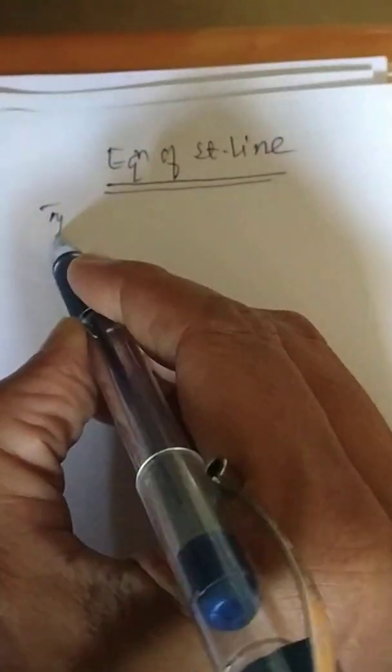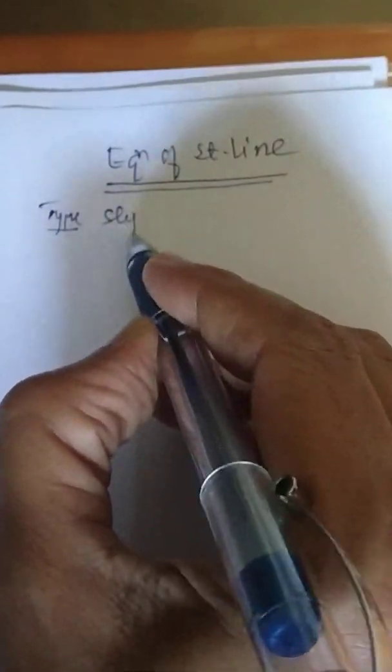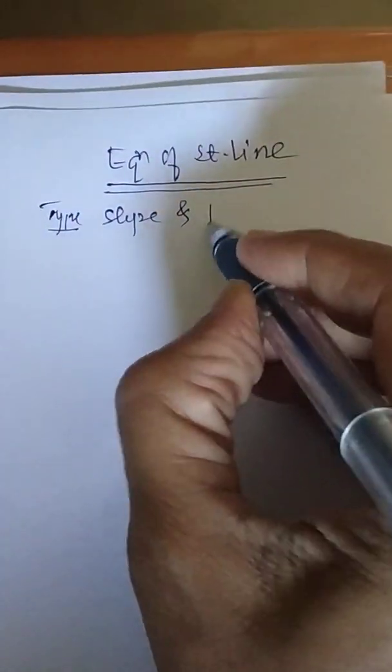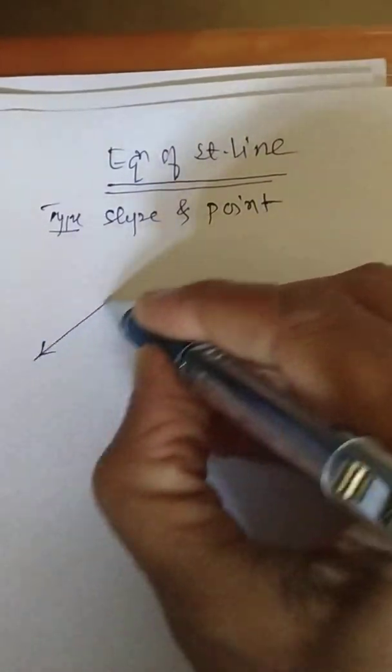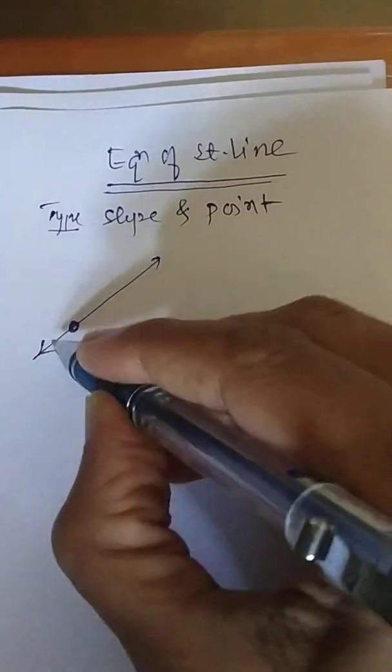Yes, I think all of you are ready to learn something more about a concept called straight line. So there are different types of straight lines we are going to learn in this discussion. The first type of straight line which I am talking about is one whose slope and a point on the line is given. So let us consider this is a line where this point A is known to you.